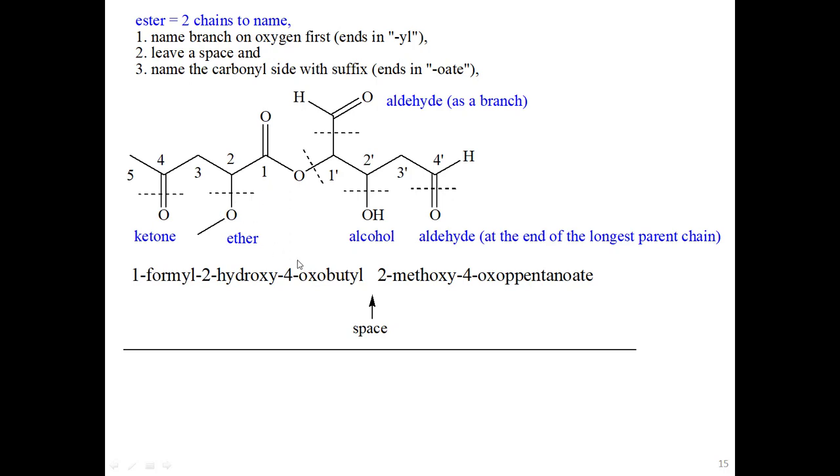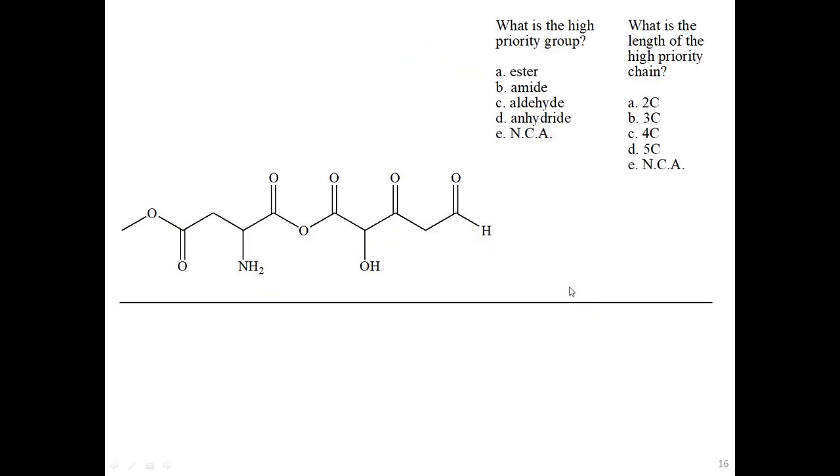So at the 2 position, I have a methoxy. And at the 4 position, I have an oxo. And, oops, I put 2 P's. You better cross out 1 P there. And then it's a 5-carbon chain, so we would say pentanoate. Oate is the suffix for an ester. Okay? So on this group right here, our next example is a pretty complicated looking one because we have all